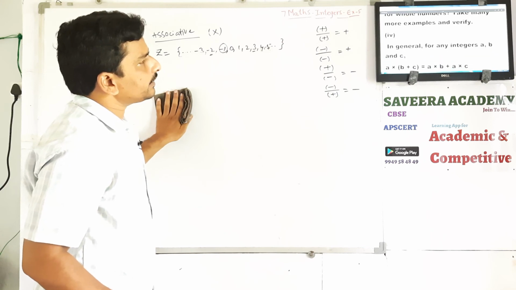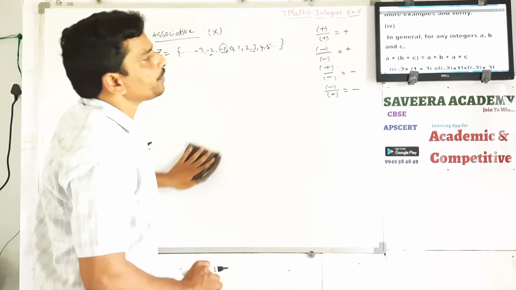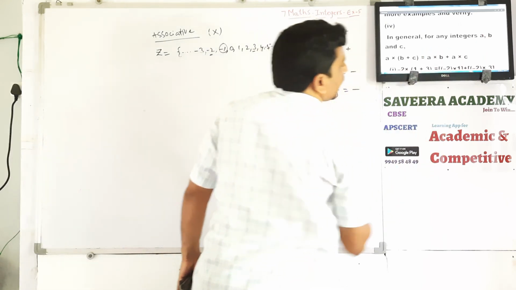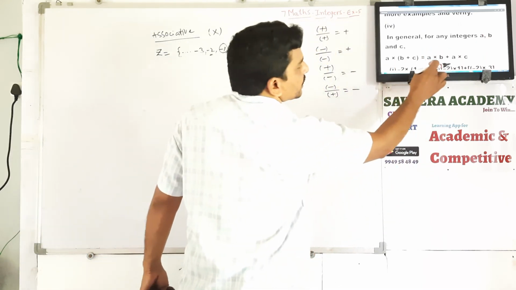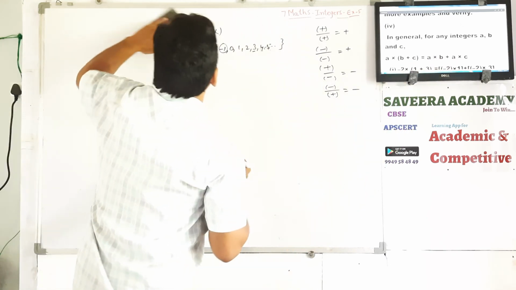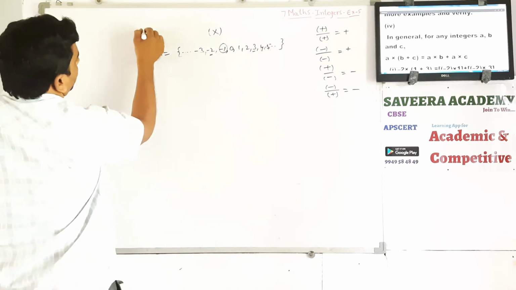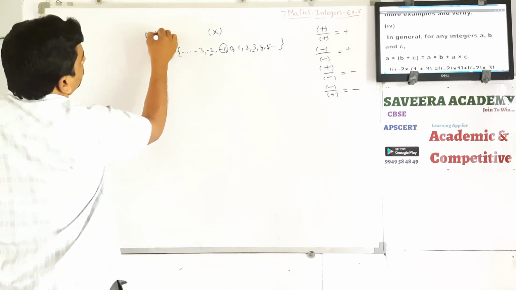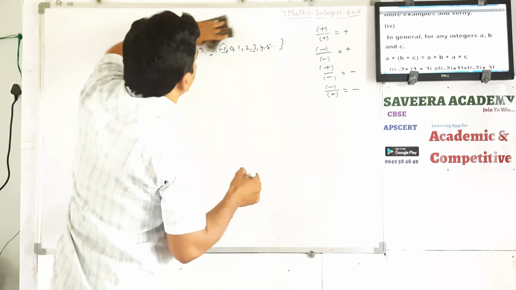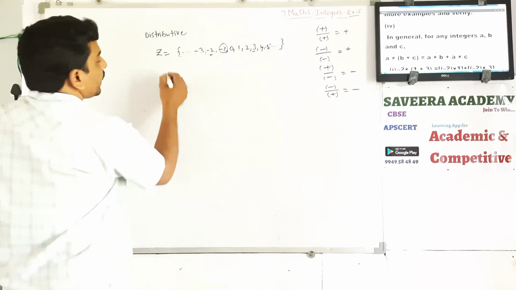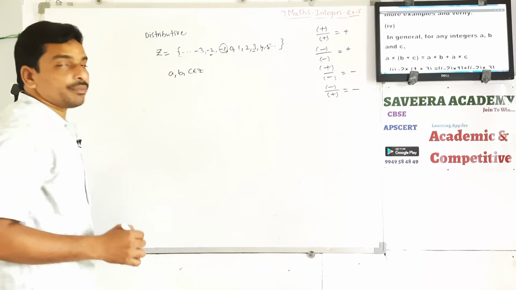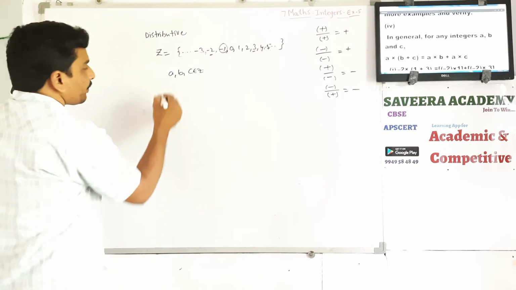Okay, next let us see distributive property. What is the distributive property? Here see, in general for any integers, three integers given a, b, c, a into b plus c is equal to ab plus ac. Okay, so now distributive property. If a, b, c belongs to Z, then